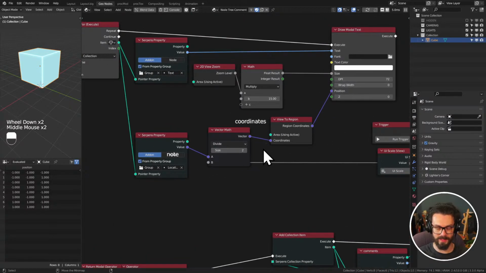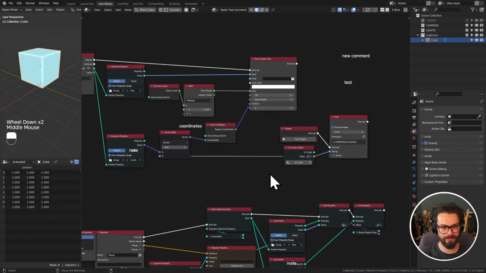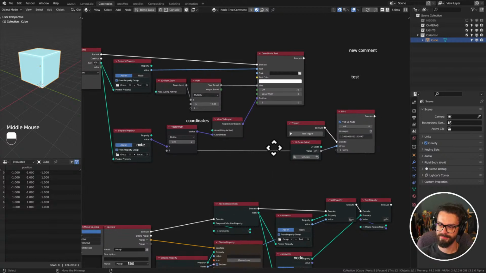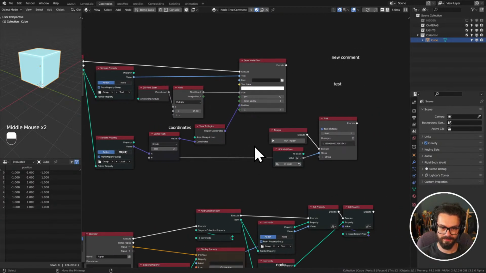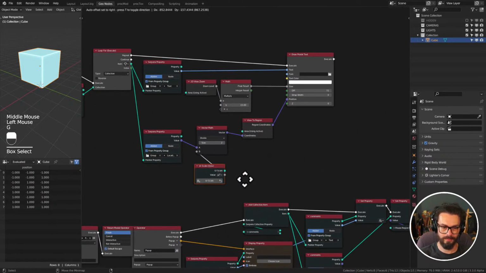Still getting an offset, but that's fine. Should we put on a way for us to actually view what's in this collection of groups so that we can remove some or edit the text that's in them? Yeah, let's do that. Okay, so if we want to put that in the end panel, we can just